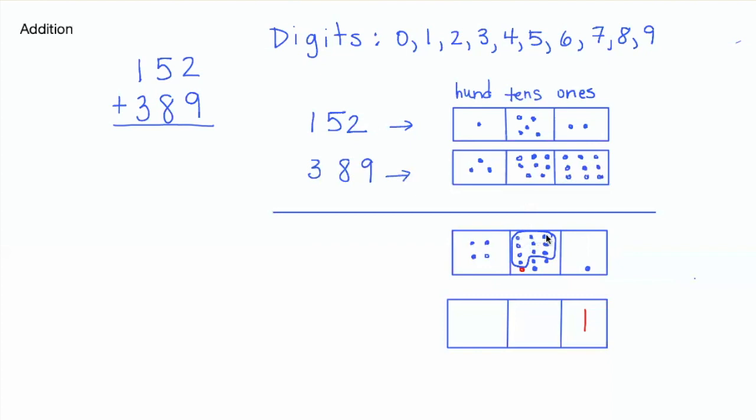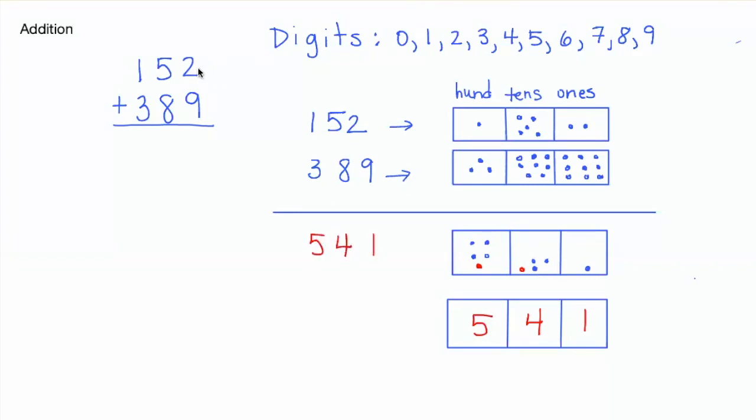So this is 10, 20, 30, 40, 50, 60, 70, 80, 90, 100. Oh, so everything in this loop represents 100. So I can add a dot here and then erase all of these. Now you'll notice I have 4 dots left behind, and 4 is the digit I'm allowed to use in the system. And finally, when I count the hundreds, fortunately I have less than 10 things here, so I can go straight to the digit 5. This gives us